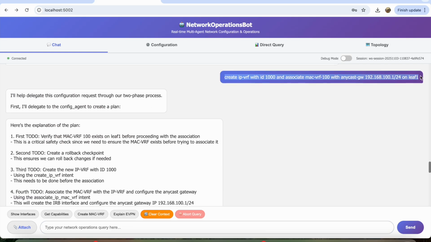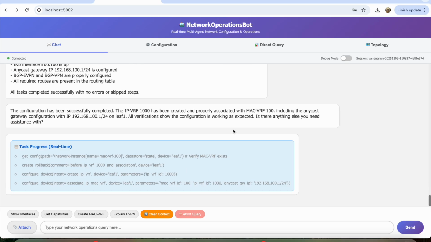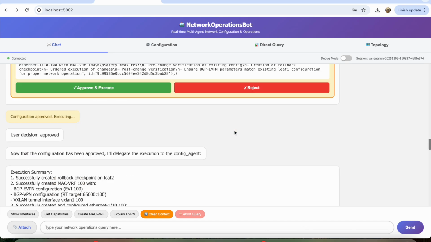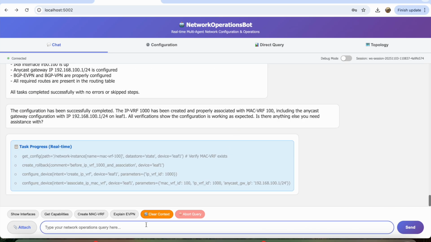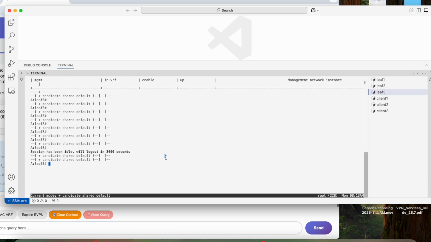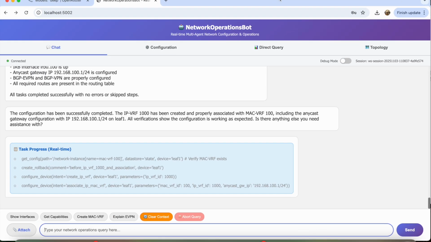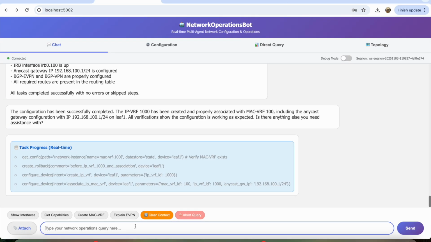I will associate this, but the difference here is, is there any MacVRF on leaf 3? Let's check that first. Let's cheat a little bit, go here and just check quickly. Okay, so there's no network instance over here, so I can say create